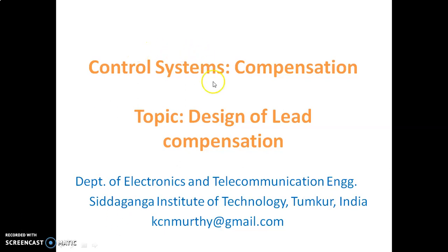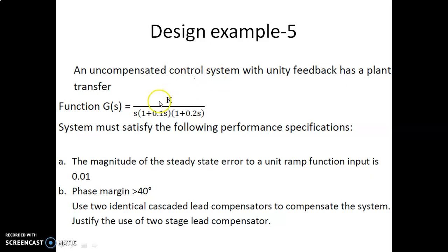In this video, we'll see the compensation design of a system having three poles at appropriate positions: one at 0, one at -10, and the other at -5 on the S-plane. The requirement of this design is that the magnitude of the steady state error should be 0.01 for a unit step input. The phase margin should be greater than 40 degrees, and we are supposed to use two identical cascaded lead compensators to compensate the system, and we need to justify why we are going for two-stage